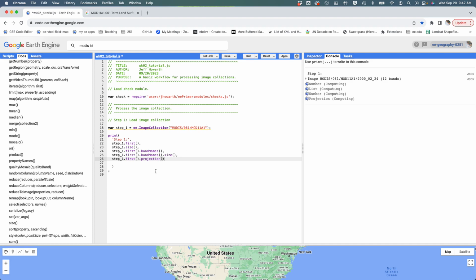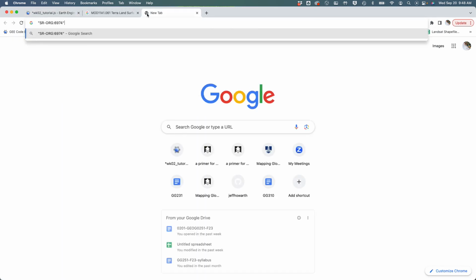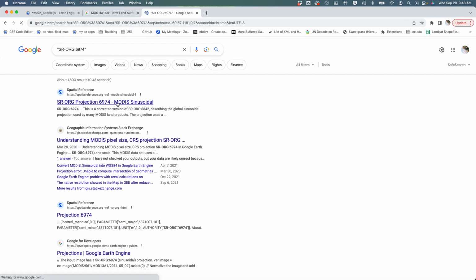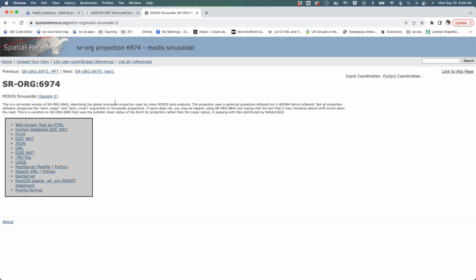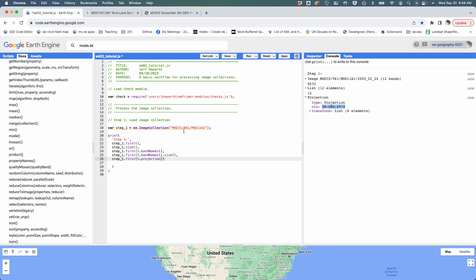And this is going to tell you the CRS. Here is the projection information. That's the CRS, a coordinate reference system, and it's a code. If I highlight this and type it in as a string, it's the MODIS sinusoidal corrected version, but it just tells you a little bit about the coordinate reference system that this image is stored in. And similarly, you can use the projection function